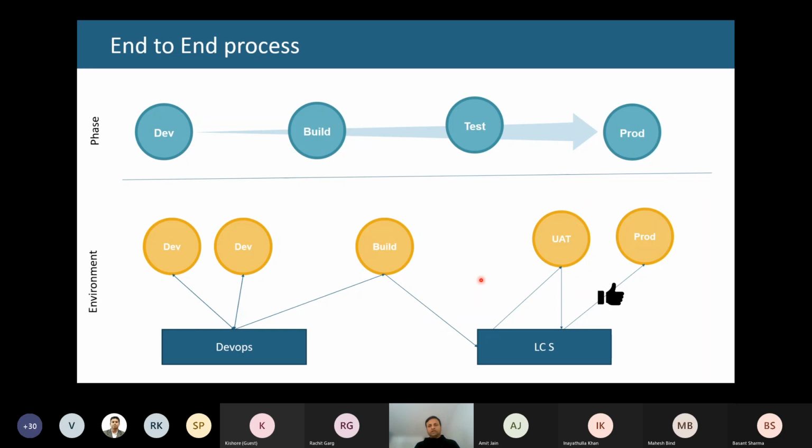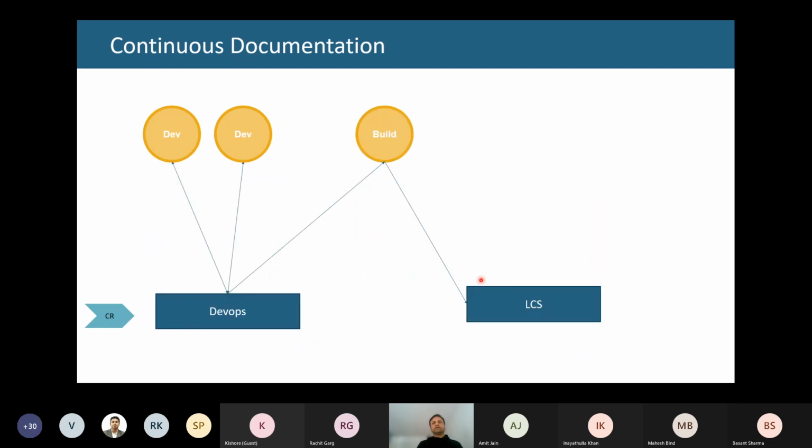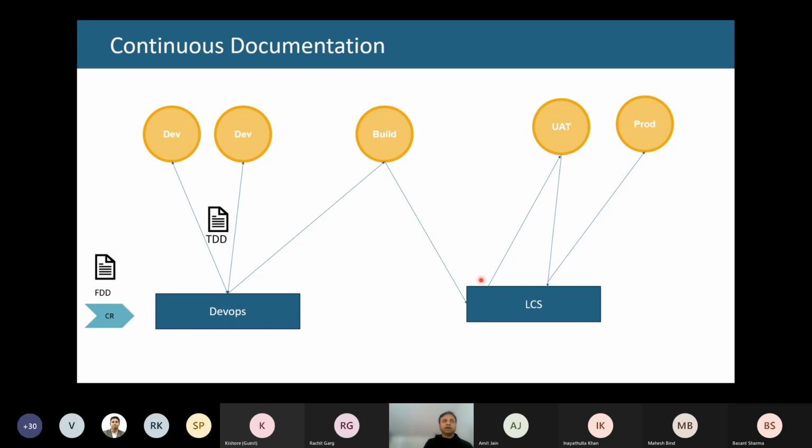So this was more from the angle of ALM. But this ALM also has to be supported by documentation, and that is what any CR or any changes we are doing, basically we are trying to put in this way, wherein the FDD is there to support what development has to be done, and then a TDD is to support what changes are done by developers and they maintain this, and then there is a test script, and then there is a decision document, and then there is a new feature.